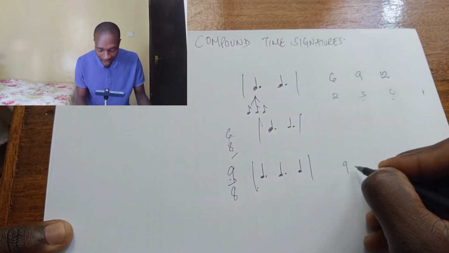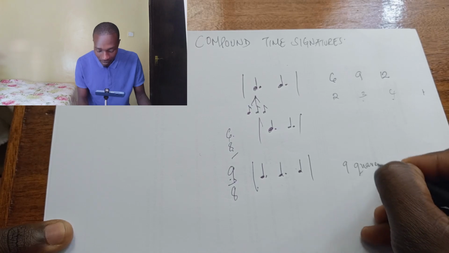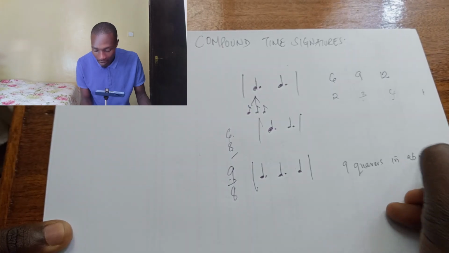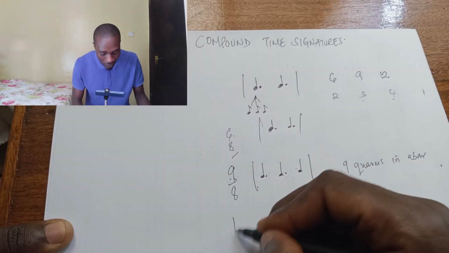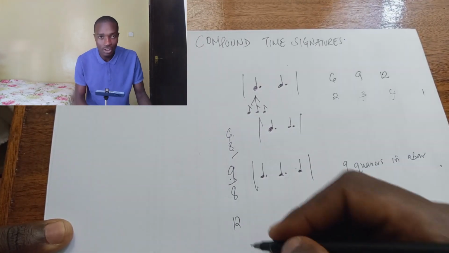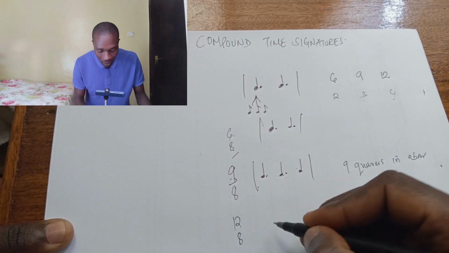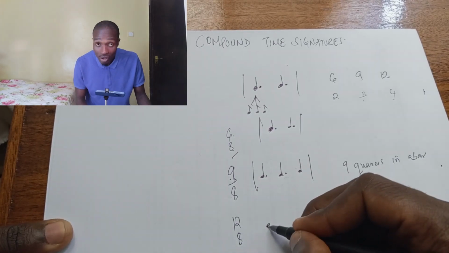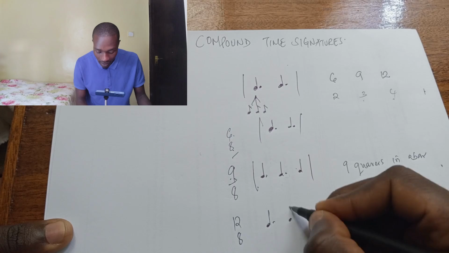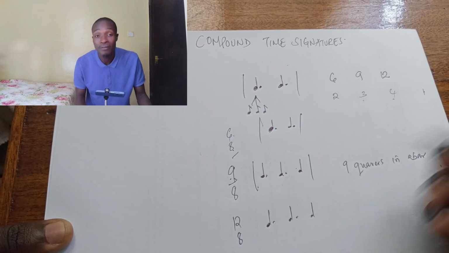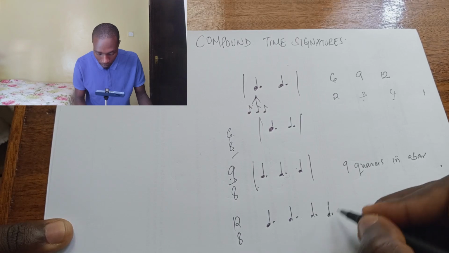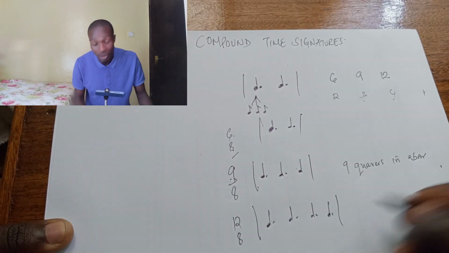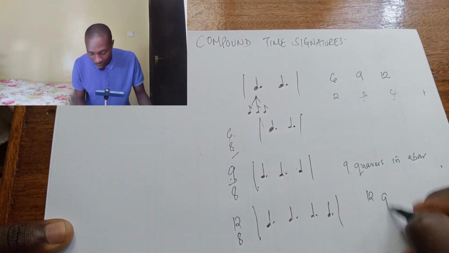Here we have 9 quavers in a bar. Then we can also have a time signature like 12/8, and 12/8 will have 4 dotted beats in a bar. So it means that we'll have 12 quavers